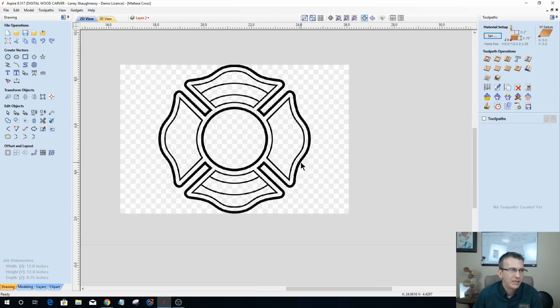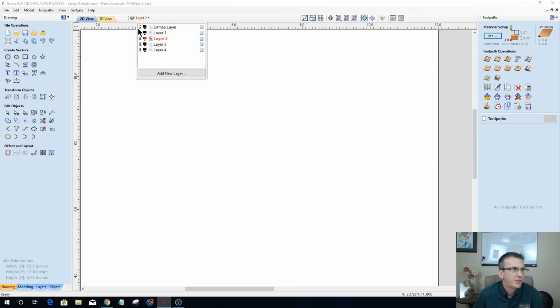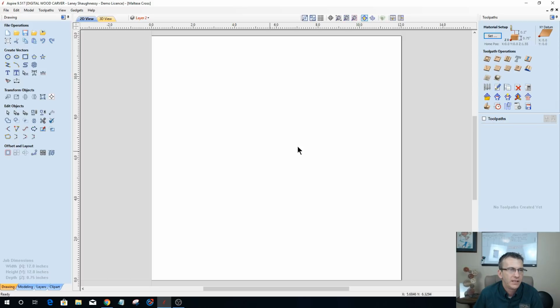And again, this is our end result. We're going for this particular type of design. So let's get over here, and I'm going to turn that bitmap layer off and get zoomed into the middle here. Now, what I like to do, because our vectors are scalable, once we get that general layout, we can scale this to any size that we want. And what I generally do, especially when it comes to the Maltese Cross, I have a particular layout that I use that helps me with my design,